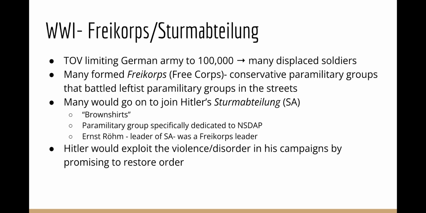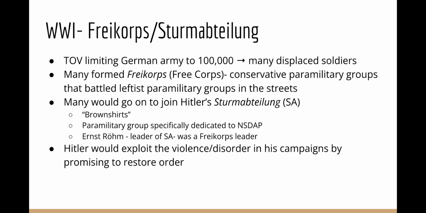The actual last way in which World War I will impact the rise of the Nazis is with the creation of German paramilitary groups, especially paramilitary groups that support the Nazis. Remember, one of the aspects of the Treaty of Versailles was that the German army could only have 100,000 men. This will lead to millions of soldiers no longer having a job, because the German army had millions more people in it than just 100,000. You have these veterans